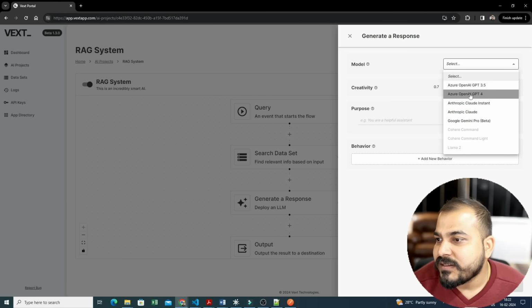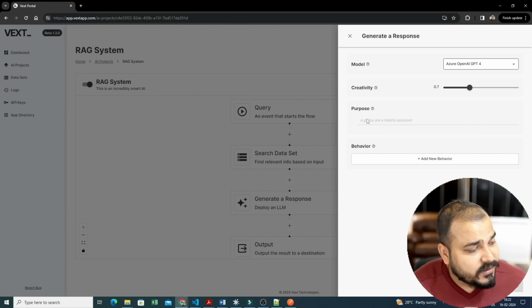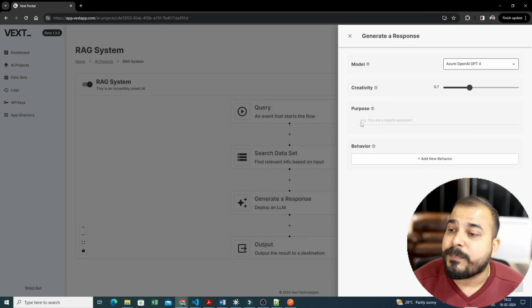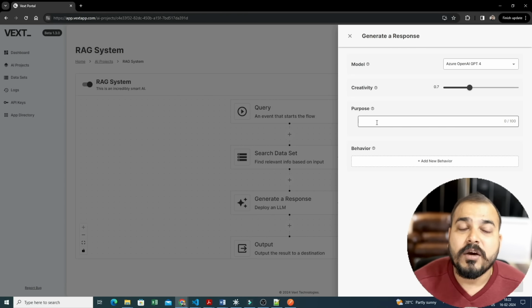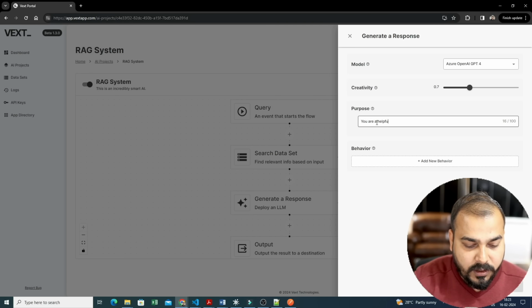Now let's go ahead and select any one. So let's say I will go ahead and select Azure OpenAI GPT 4. Now here you can see it is showing the next field as purpose. So in short, here you'll write your prompt, like how you want this particular model to behave. So I'll say you are a helpful assistant